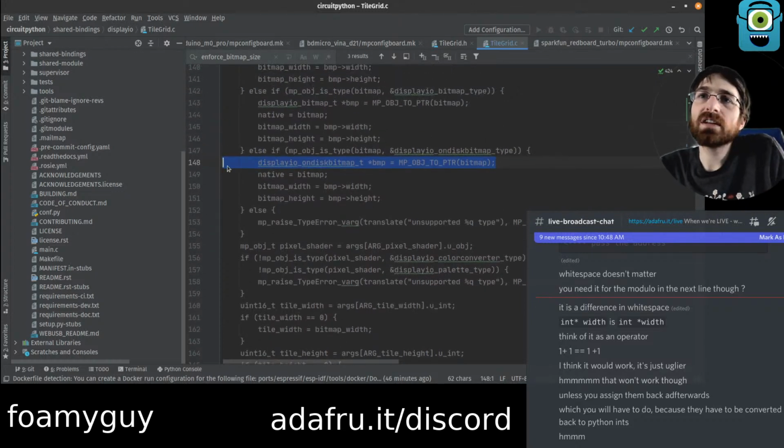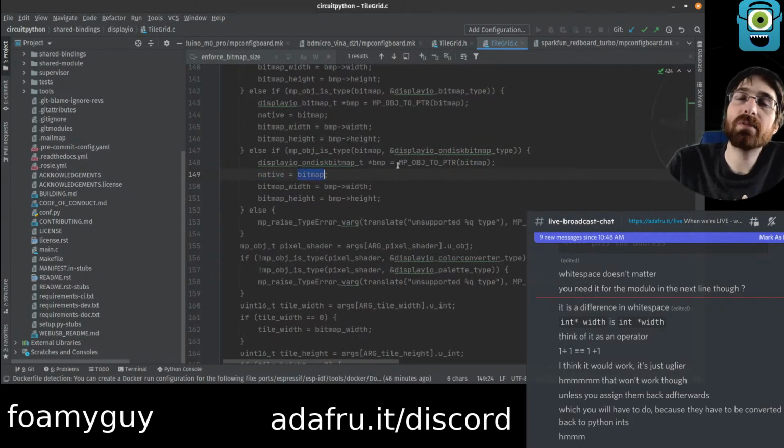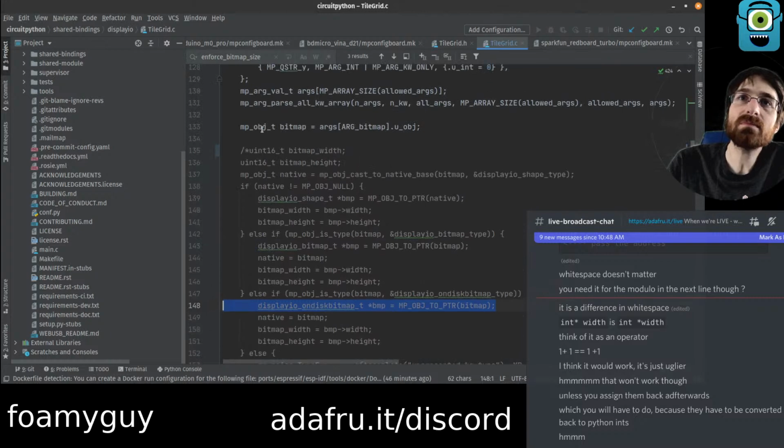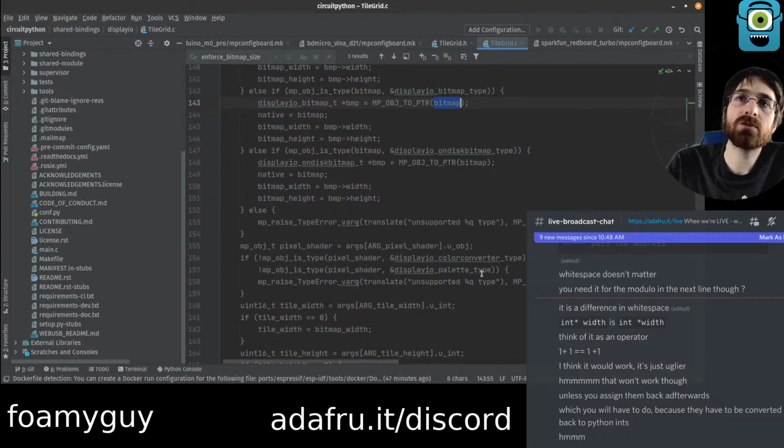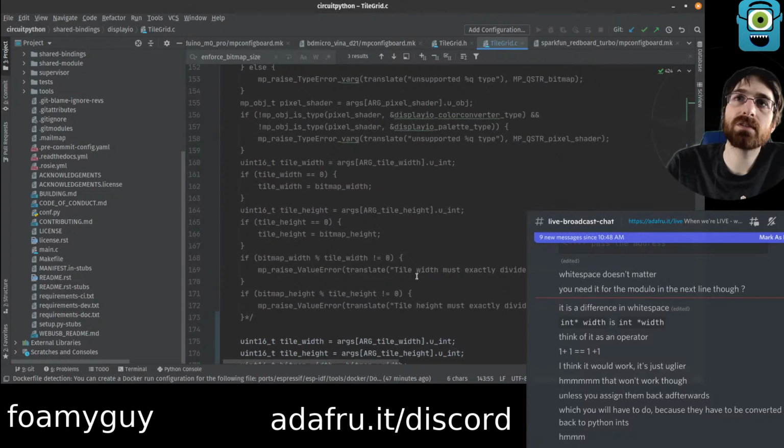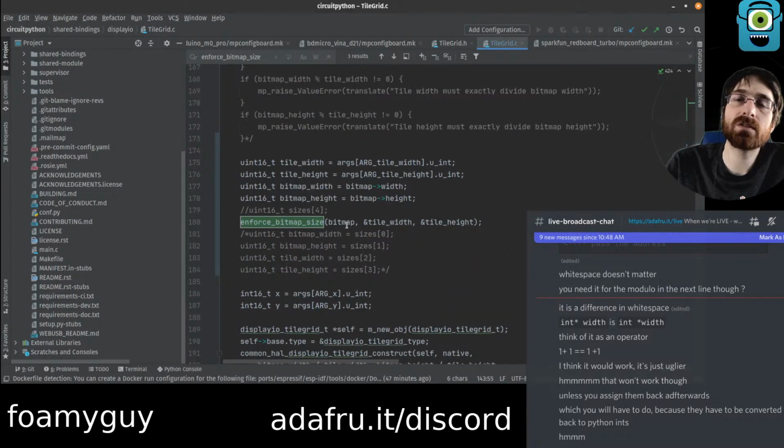I mean, this is setting native as bitmap. Is this somehow changing bitmap? Bitmap is object here. This is doing this cast to native base. Seems like all of these put bitmap into native. I would not expect it to be changing bitmap, but it must be, because when we did